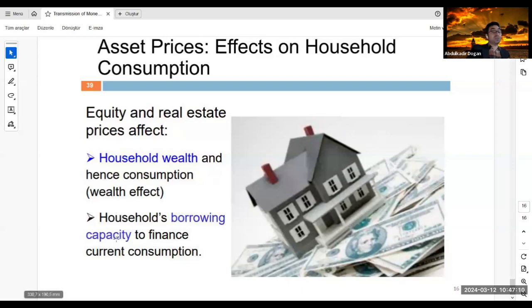And household borrowing capacity. If the price of money is higher, my capacity for borrowing will decrease, because I will not borrow money at higher prices in the market. And my demand for money decreases and the inflation will decrease at the end as well. So this is